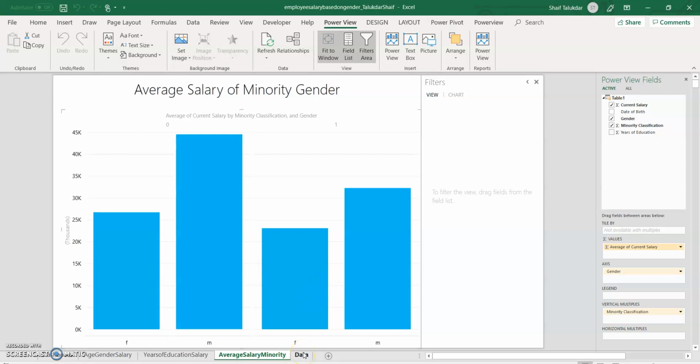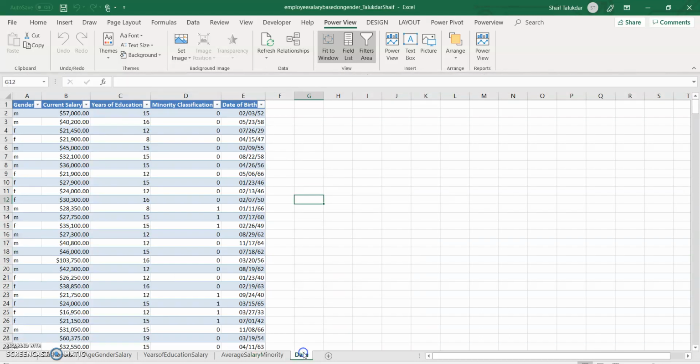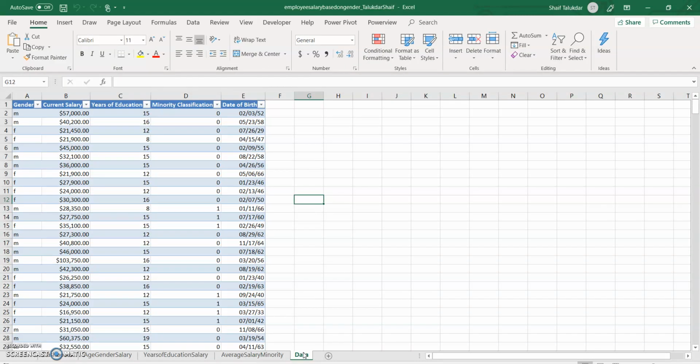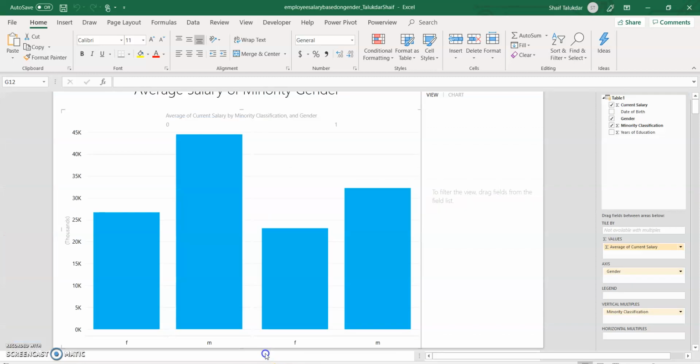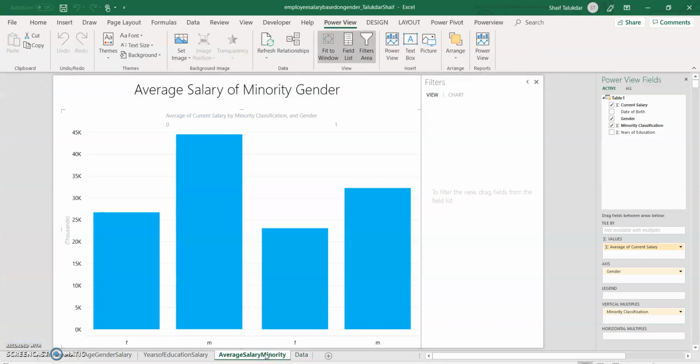So within this entire project, I have analyzed the data and found out that there's a huge disparity between males and females, as well as between minorities. Minorities are making, on average for male, about $12,000, $13,000 less than the non-minority, and for the female, there's about a